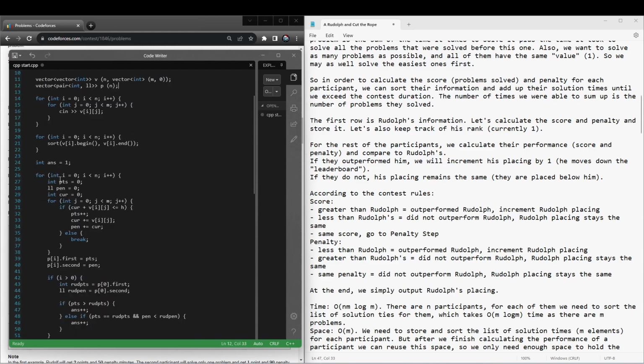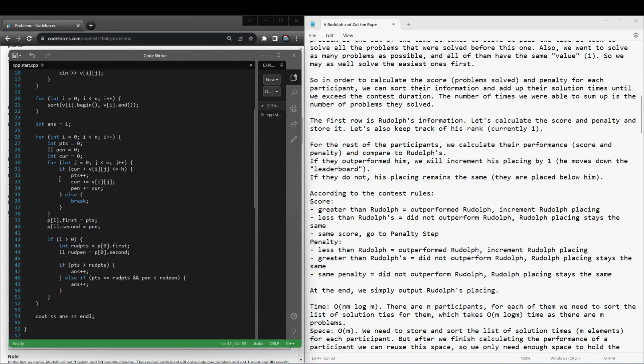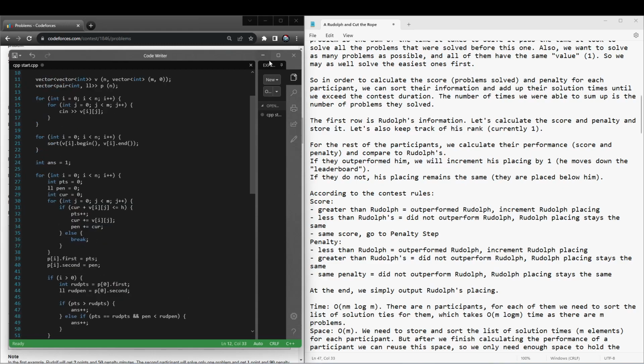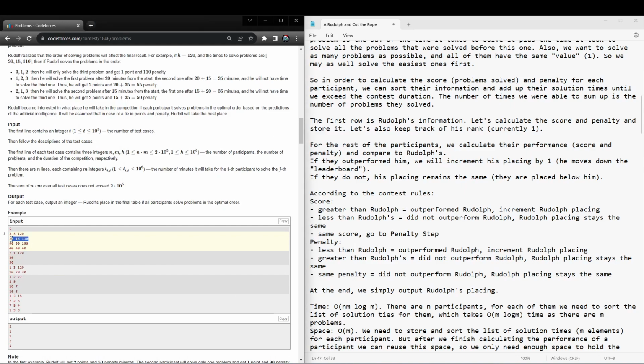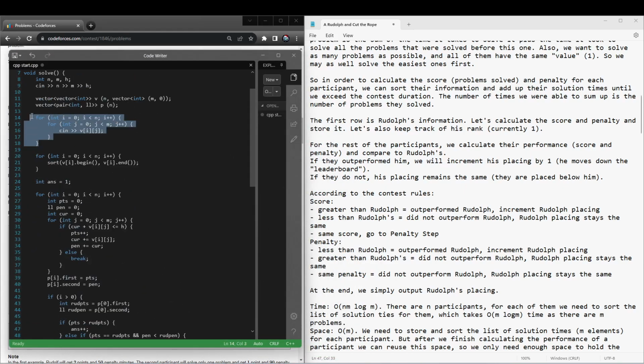We can go one row at a time. So we can find this for Rudolph, store just his penalty and score, then read in this row, update Rudolph's placing if necessary. Same with this. So storing it here is actually unnecessary, but the gist of it is we read in a row, we sort it,